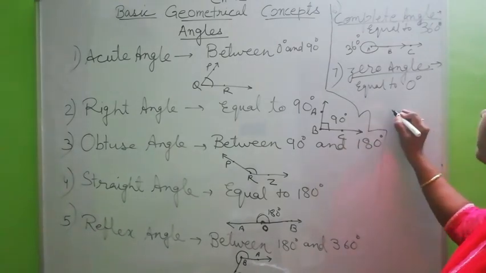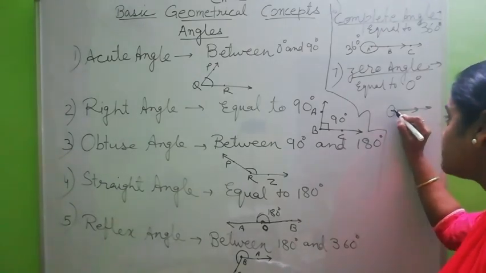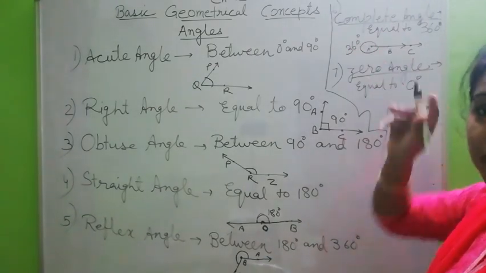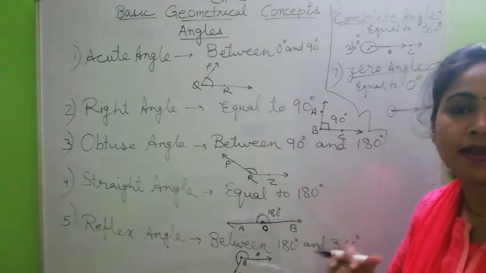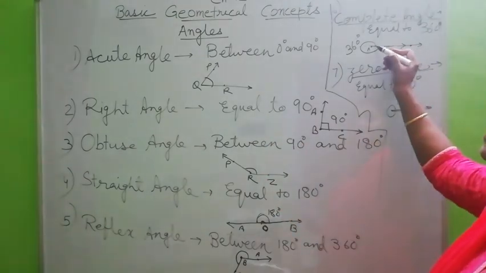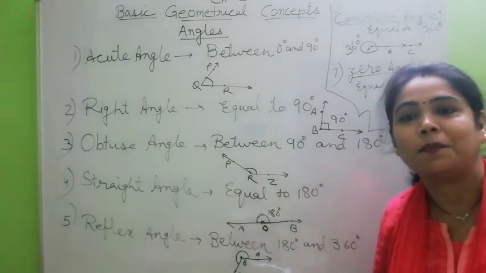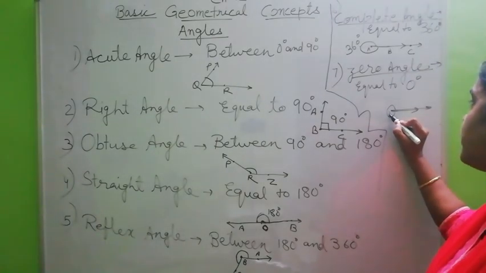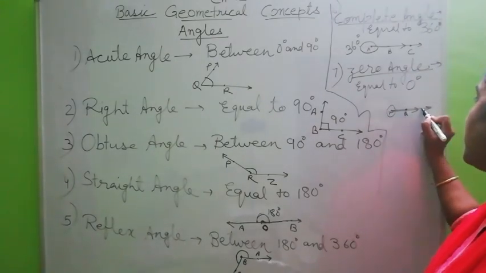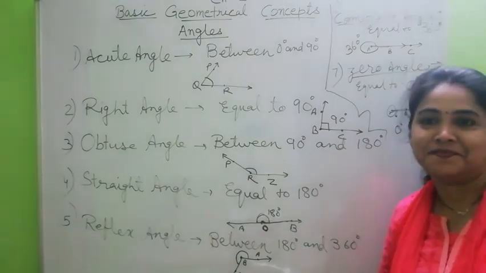The angle when formed 360 like this, in between the two rays, I told you whenever two rays meet at a point, two angles are formed. One is exterior and another is interior. Here if the exterior angle is 360 degree, then obviously the interior angle will be 0 degree. So between this O, or I am writing P, Q, R, here 0 degree is formed.